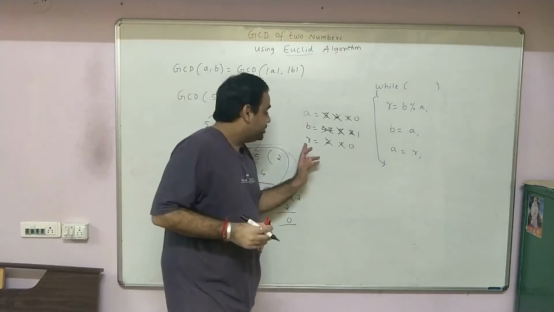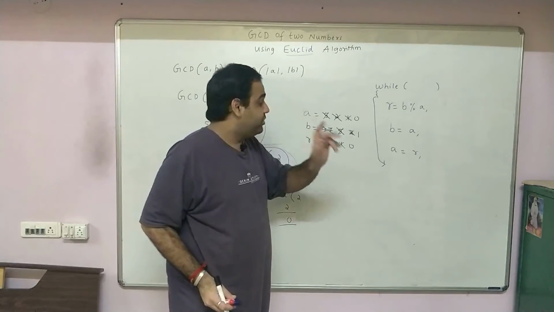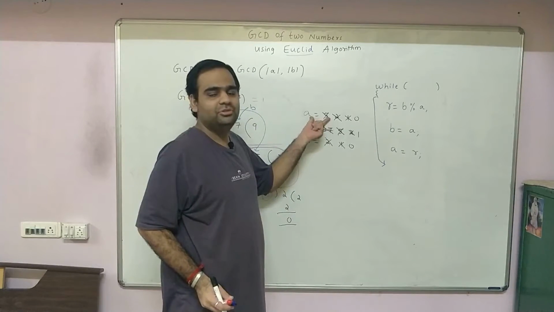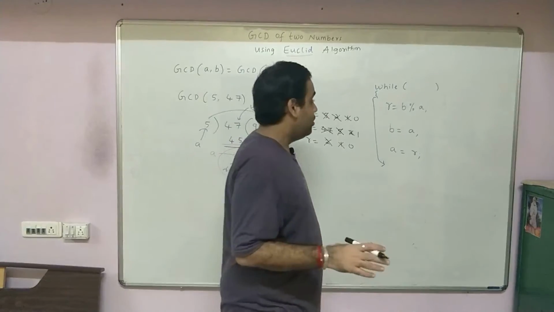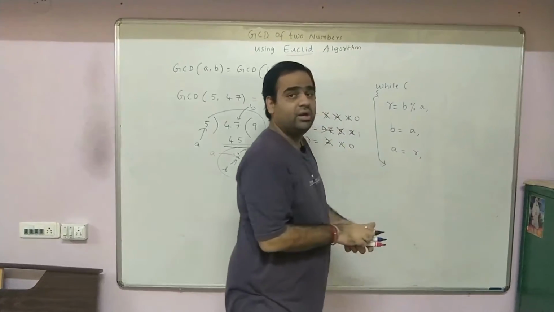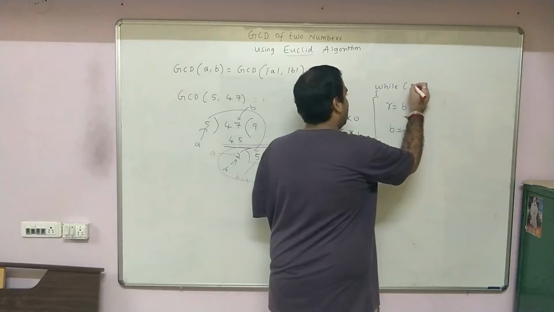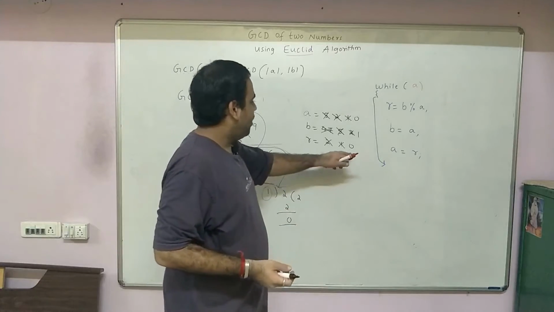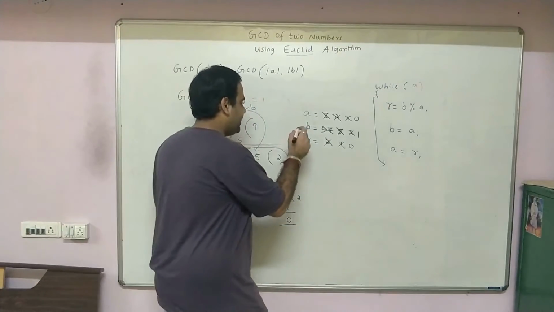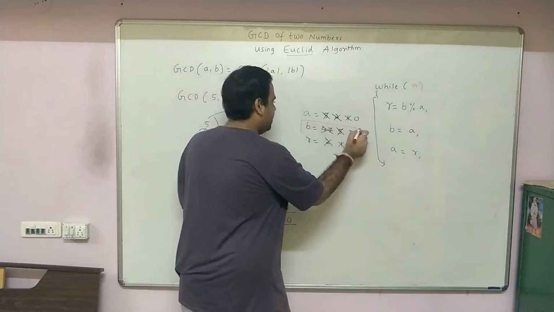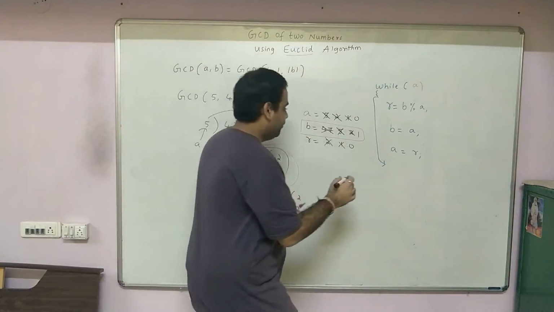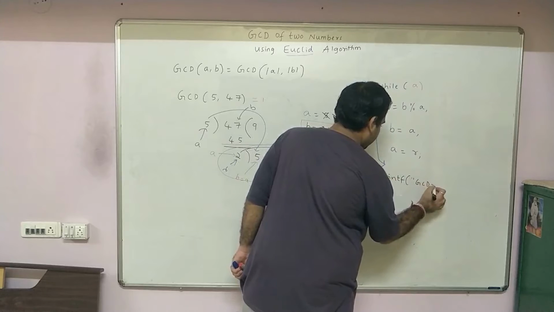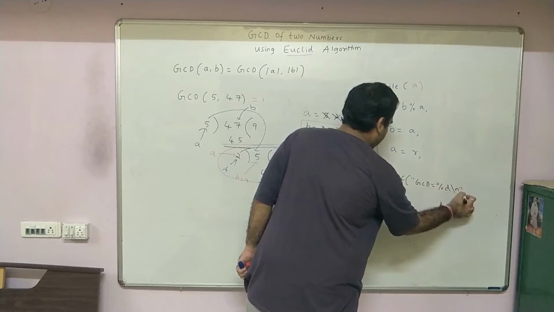Now you need to stop the procedure because remainder has become 0 and you can see that the value of A is also equal to remainder. It means the A has also become 0, and when A becomes 0 we need to stop. That means we need to continue when A is not equal to 0, or I can just write while A. Now A is 0, 0 is false, you come out, and in which variable we find the GCD? In the variable B we find the GCD. Therefore you come out of the loop and you say printf GCD is equal to %d comma B.